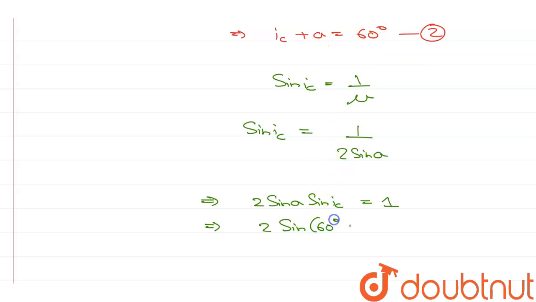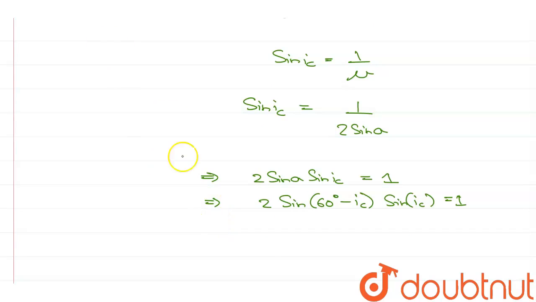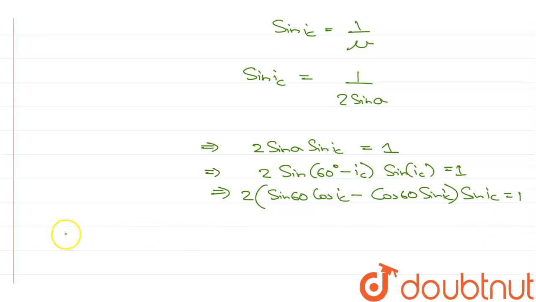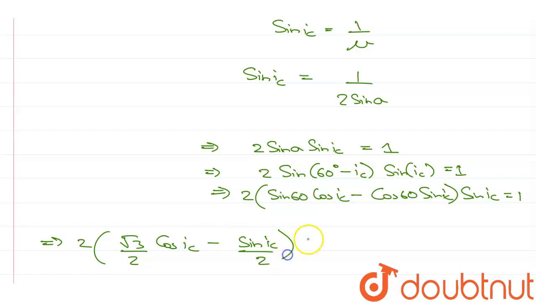So 2 times sine of 60 degrees minus IC times sine IC is equal to 1, which gives us 2 times sine 60 cos IC minus cos 60 sine IC times sine IC is equal to 1, which means 2 times root 3 by 2 cos IC minus sine IC by 2 times sine IC is equal to 1,